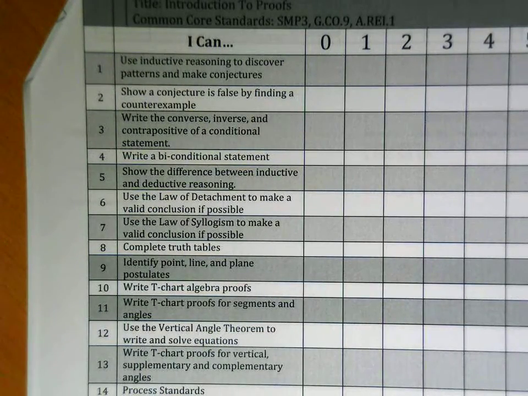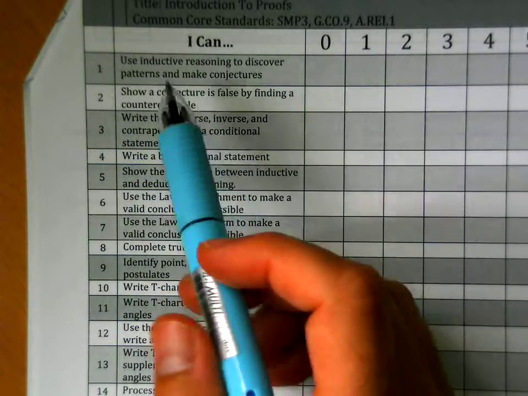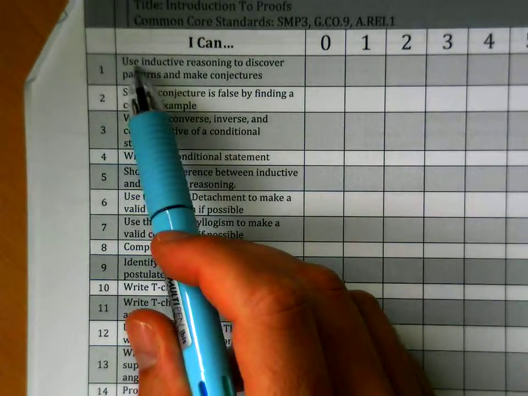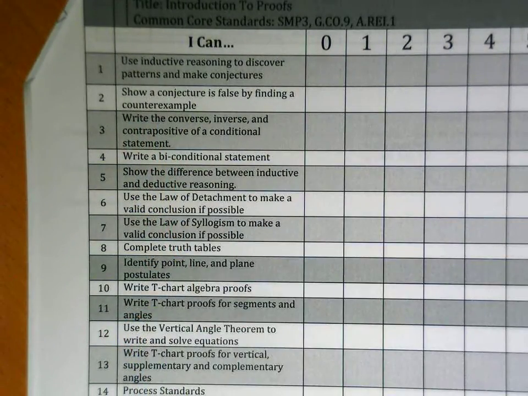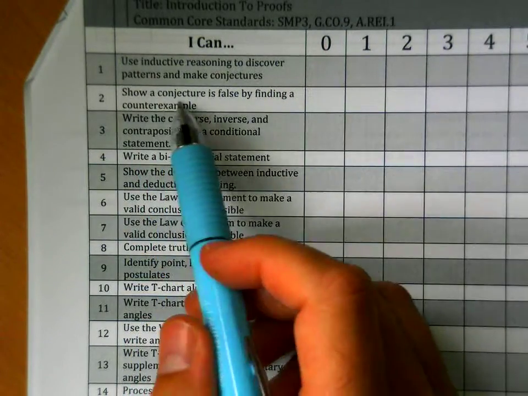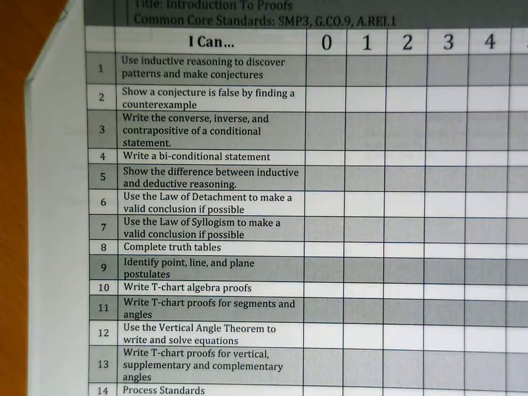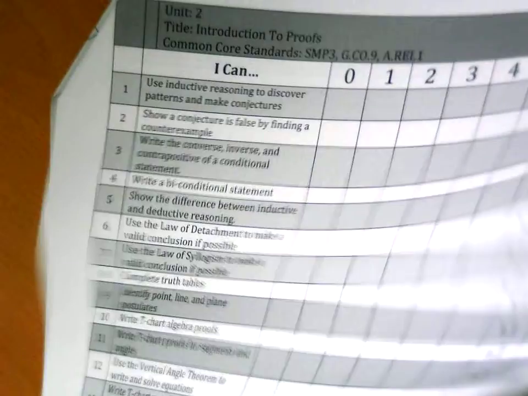But this is definitely a new chapter. So if you were counting on some more easy review before we got into the real difficult material this year, well, not so. Most of this, what you're going to see is new stuff, unless you've consciously gone out and sought it. So here in lesson 1, we're going to be talking about inductive reasoning. So ICANN 1 is use inductive reasoning to discover patterns and then make conjectures. And then 2, show a conjecture is false by finding a counterexample. Those are the 2 ICANNs that you're going to have to deal with